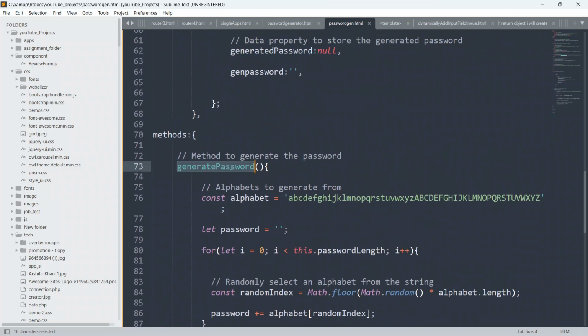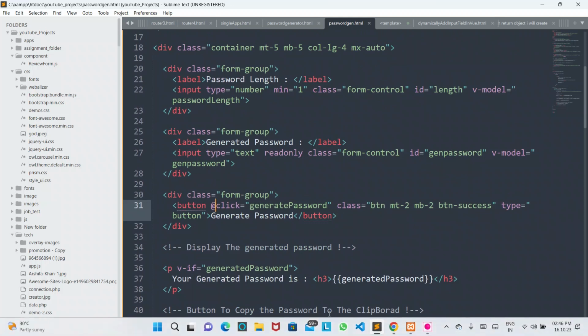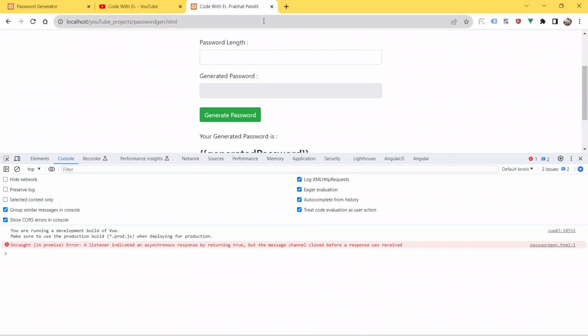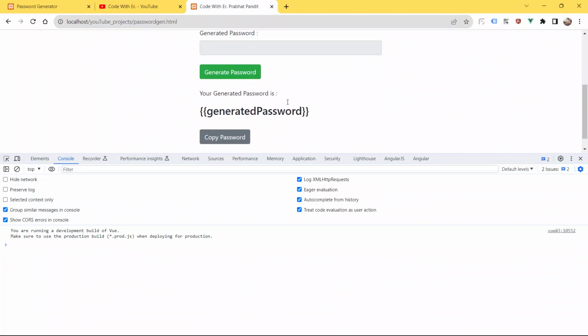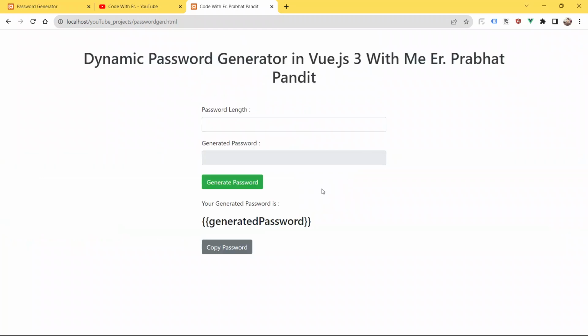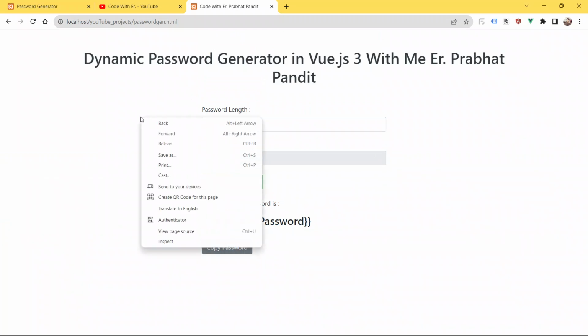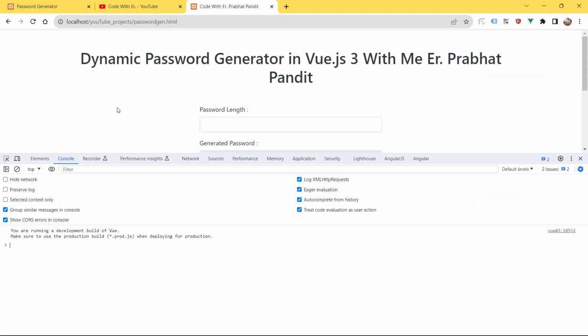Generate password, this is the method name generate password. So I guess just put @ here, save your code, go to the browser and refresh the page. Yeah, it's still the same. Let me click the button generate password and see if our code works or not. Our code is not working, and there is no error at all.